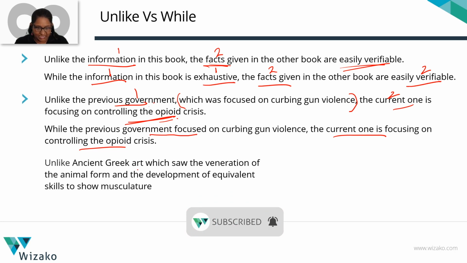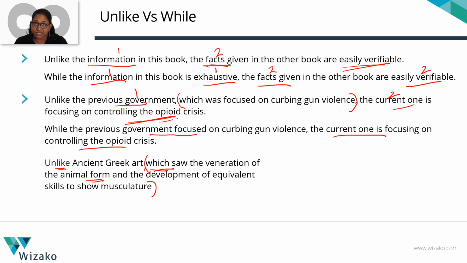Unlike ancient Greek art, which saw the veneration of the animal form and the development of equal skills, ancient Roman art is how the sentence continues. We've used an unlike. We have continued to keep the veneration of the animal form as base information. We have not given it within commas and bracketed it off. If we had put brackets, if we had enclosed it within 2 commas, your base sentence would have read, unlike ancient Greek art, ancient Roman art depicted gods as idealized humans, and the sentence would have been perfectly fine, because